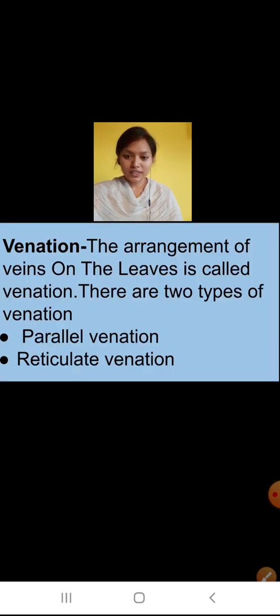This we have already discussed. And after that, we studied about the venation. Means in a leaf, the veins are arranged in such a way that it forms a pattern. So this is known as venation. The parallel venation and the reticulate venation, we have studied in the previous videos. If you have not watched these videos, please go and check them again, because this portion is very important. We should know each and everything about the plants.